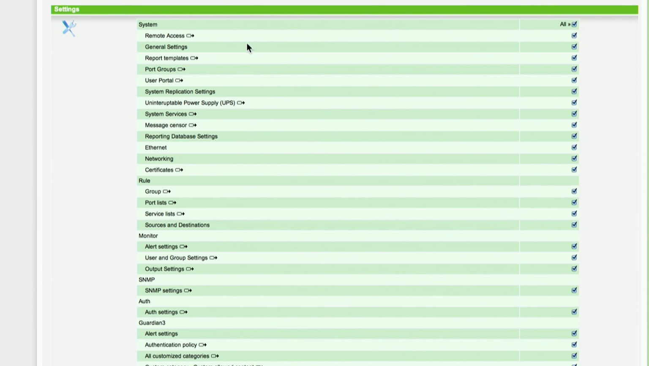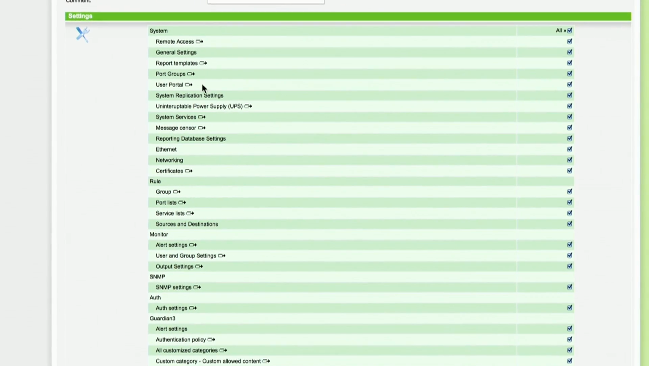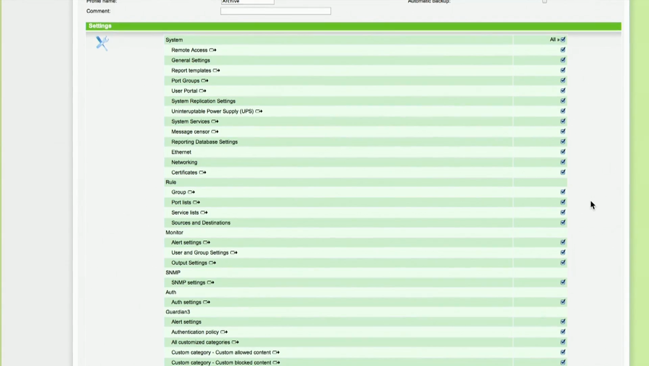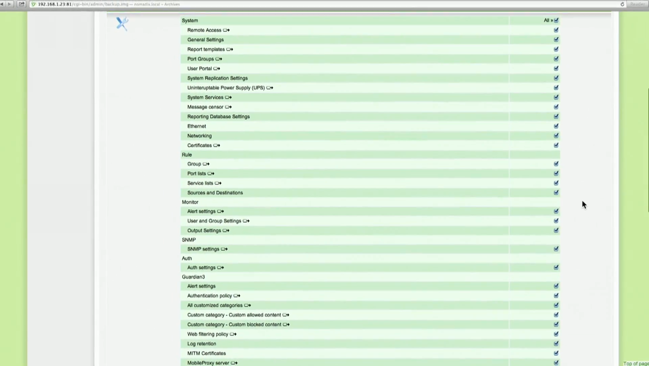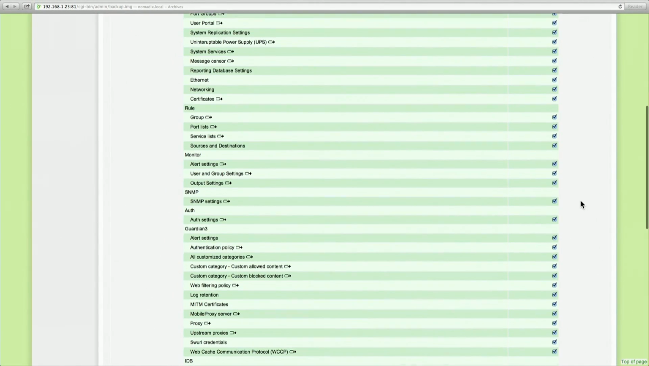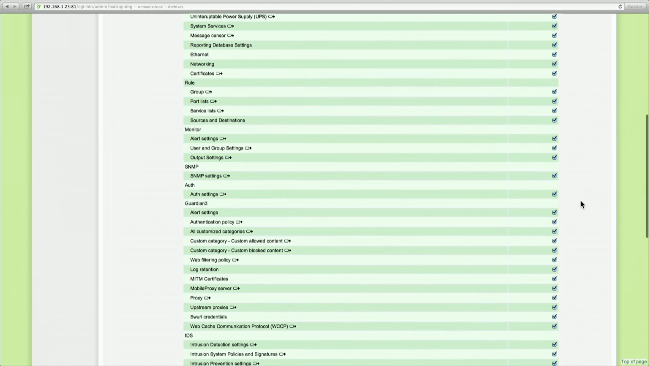Any setting with a symbol like this, with the arrow to the right, means an archive created on one unit with only these items selected can be loaded onto a different Nomadics Internet Traffic Optimizer to mirror the settings. Once we go through and validate all the settings are selected that we want to utilize in this archive,